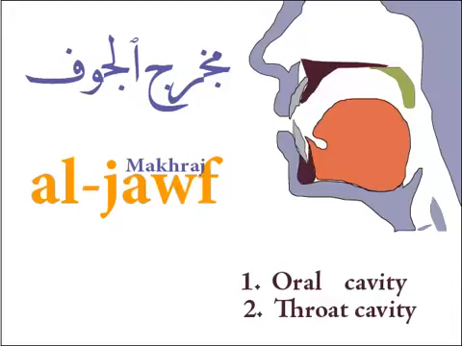If we don't differentiate the makhraj, then we could pronounce zay, dha, and zal all as za. So knowing the makhraj is very important, as Imam al-Jazari says in his poetry,